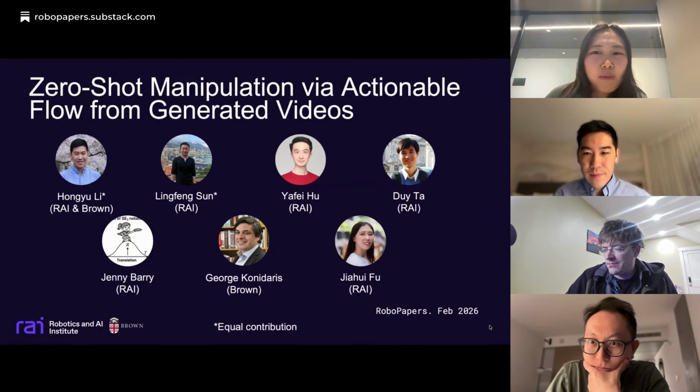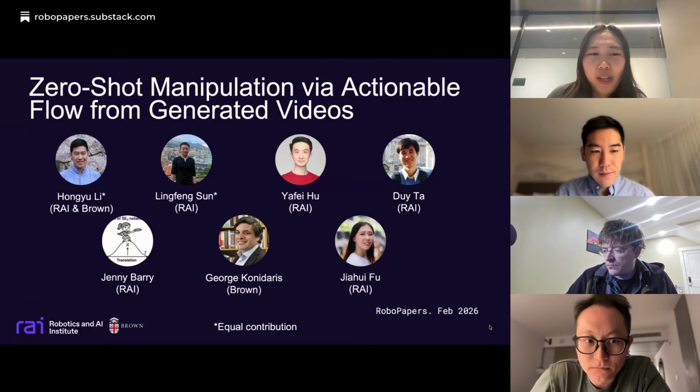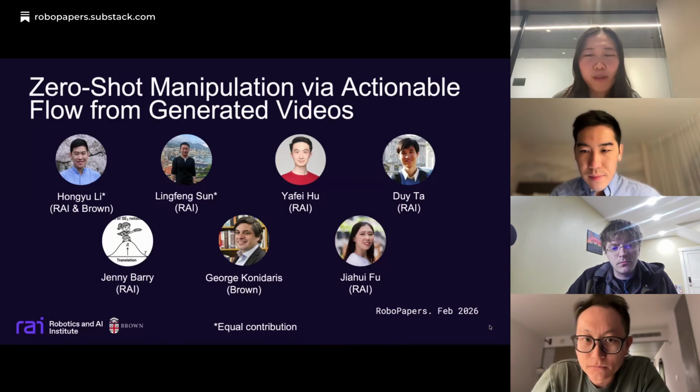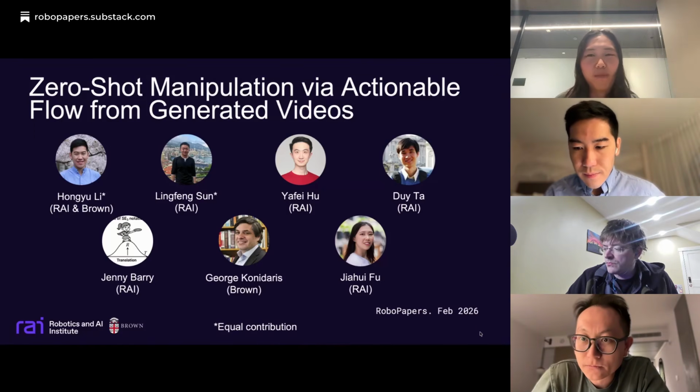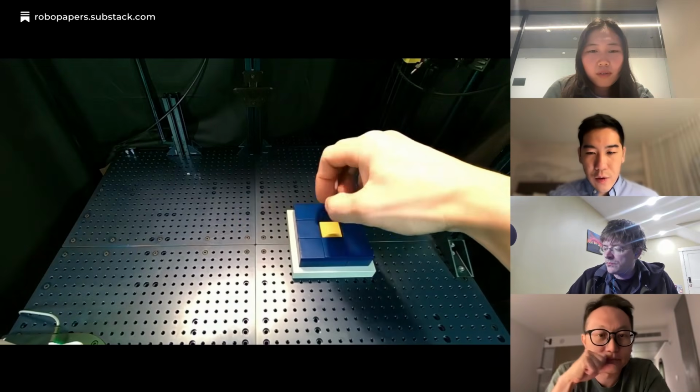Hi everyone, I'm Jiahui. I'm currently a research scientist at RAI, Robotics and AI Institute, and this is the work Hongyu and I did during the past summer, trying to learn from human demonstrations in videos to teach robots to do zero-shot manipulation. So let's start. This is just an overview video